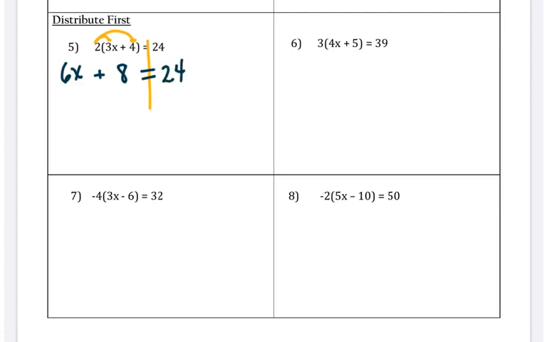Equals 24. So remember, when we distribute, we are multiplying. 2 times 3 is 6. 2 times 4 is 8. Now we have a very easy two-step equation, just like what we just did in numbers 1 through 4. To solve a two-step equation, we subtract the constant. We move the 8. 8 minus 8 is 0. Makes it go away. That leaves me with 6x in equal sign. And 24 minus 8